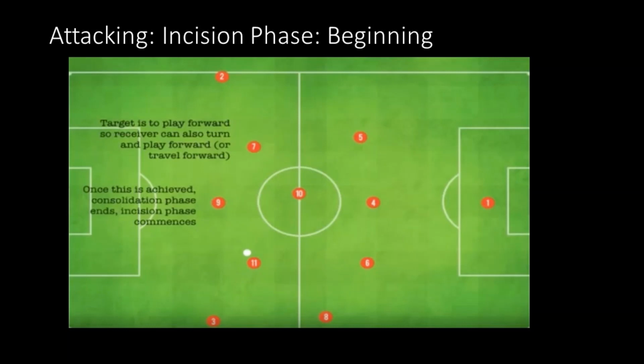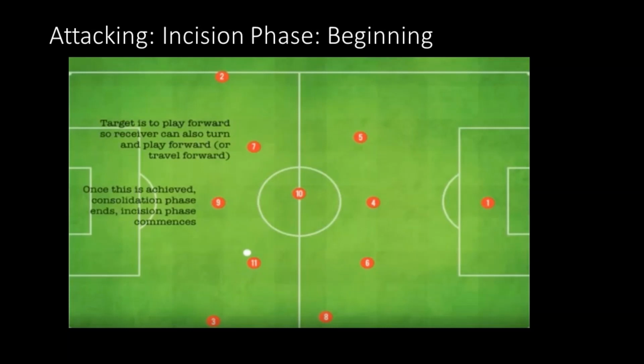This illustration really shows a really good point in when we should be thinking about the incision phase, meaning when do we attack the other team's defenders? How can we break lines, which is one of those concepts that we talked about in our goals and objectives, in order to get in behind defenders, get closer to goal in order to create opportunities. And that's what we train at MSC, those ways to break lines, how to possess the ball and build from the back.